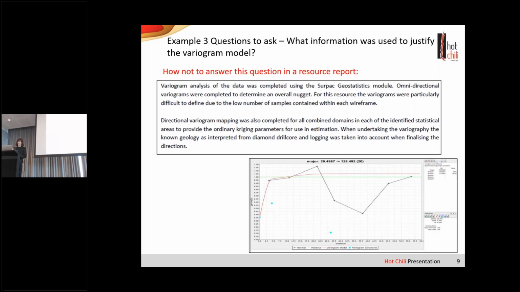You also want to make sure you've got all the information that you can on your variogram. So pairs, and nice and clear what domain you're looking at. This particular variogram as well had a 95% variance within the first 2.5 meters. So I would suggest it's probably not suitable for variography anyway.